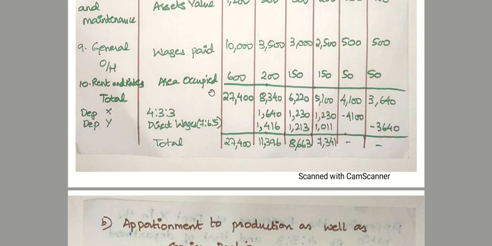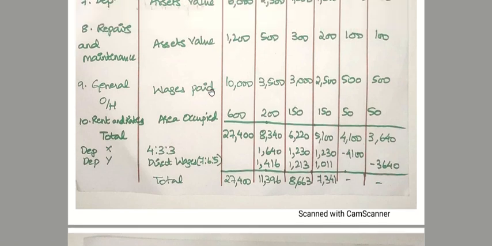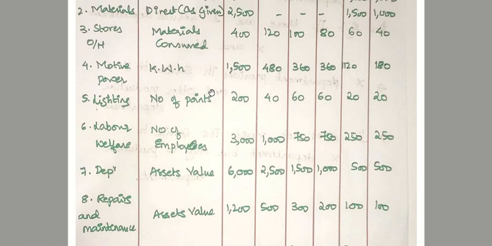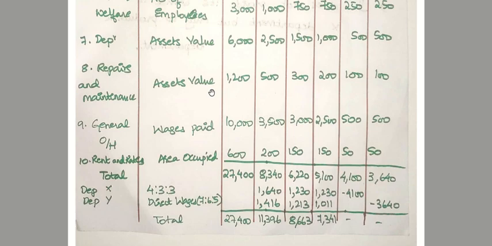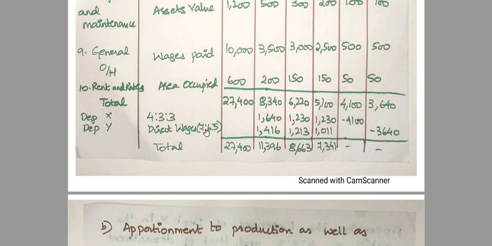So now if we see, since it is a secondary overhead distribution, we are supposed to apportion the total of the service department expenses to the production department. So if you total up, we'll get the total as 27,400. For department A it is 8,340. For department B it is 6,220. For department C it is 5,100. And for the service department X it is 4,100. And for service department Y it is